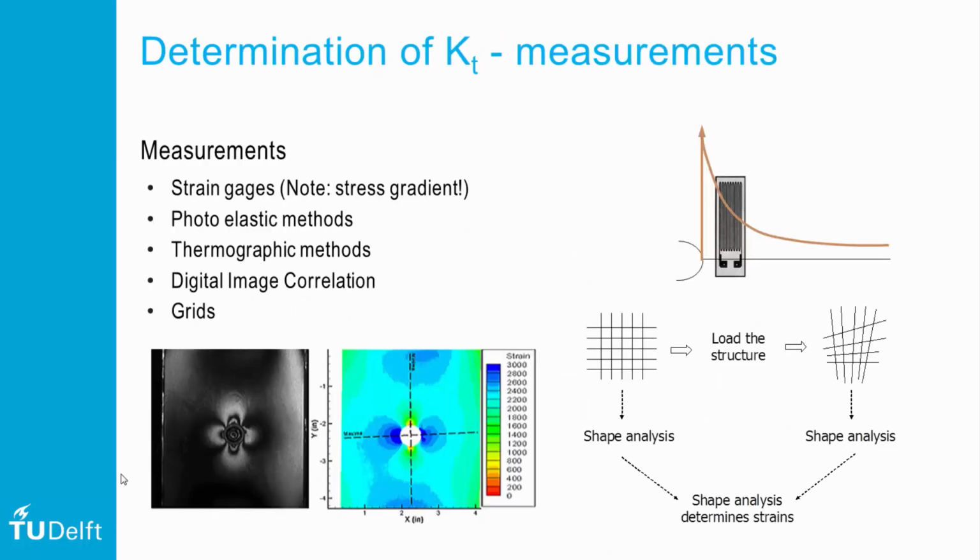To determine stress concentration factors in actual components, one may want to measure the strain gradient in order to estimate the KT. There are different methods to capture the stresses or stress fields. In any of these cases, one should consider that the peak stress at the notch root is hard to determine, in particular if local measurements are performed with, for example, strain gauges.